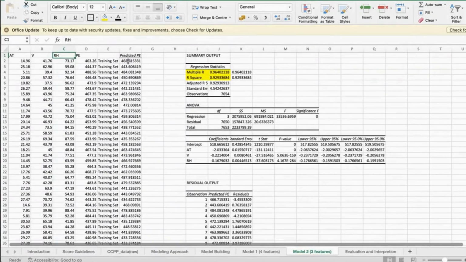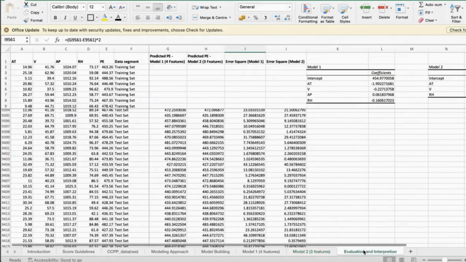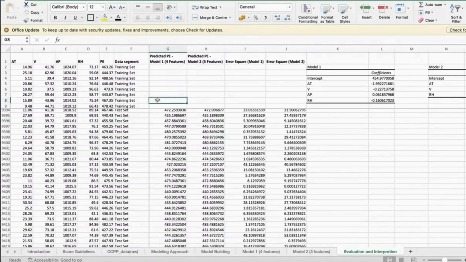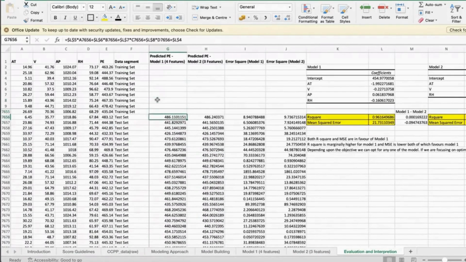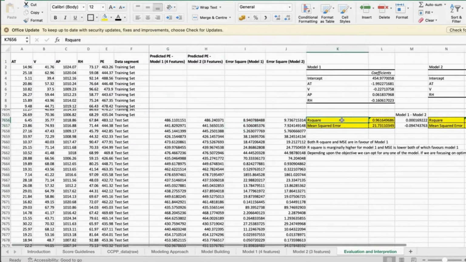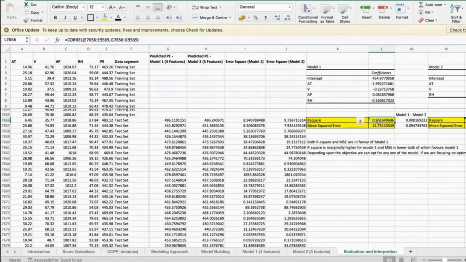the validation set. And then, comparing both the models on our test set, what we've done is captured both the Model 1 and Model 2 coefficients and used them to predict the P for both models. We have also calculated the error square, so that we can use it to generate the R square and mean square error. The R square generated using the correlation formula for both the models is captured